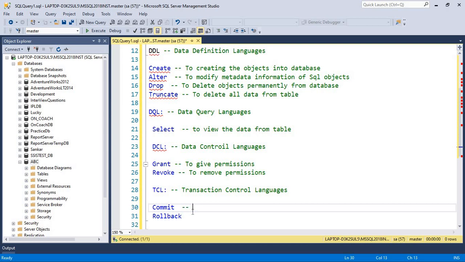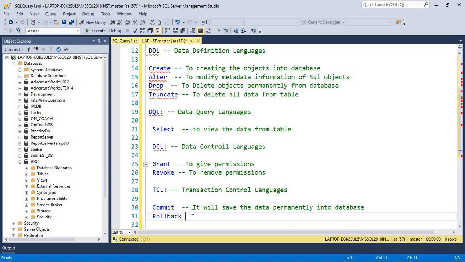So simply, commit will save data into the database. Rollback will get back the old information.